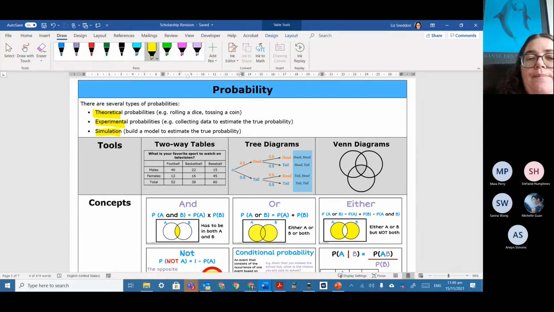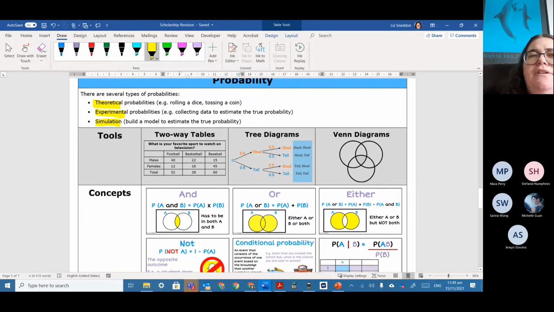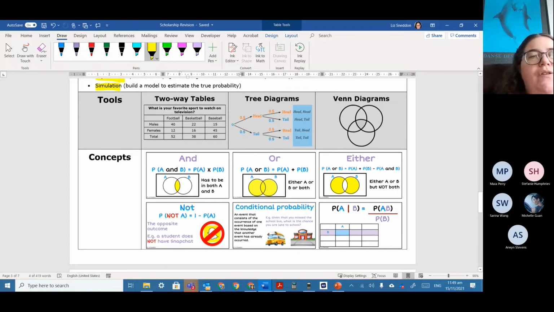Now, you don't do much with simulation. I don't think I've seen a simulation question in a very, very long time in scholarship. So be aware of it, but most of the probabilities they ask tend to be about either experimental or theoretical probabilities. So when you're trying to build any kind of model from your experimental probabilities, there's three tools that we can use: